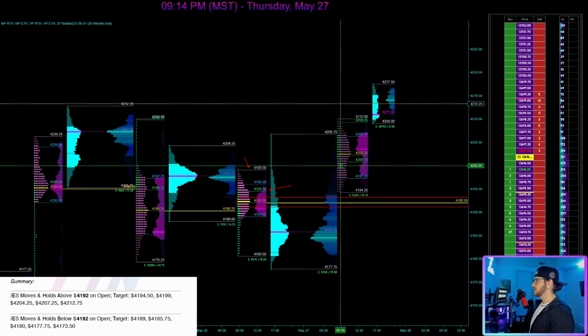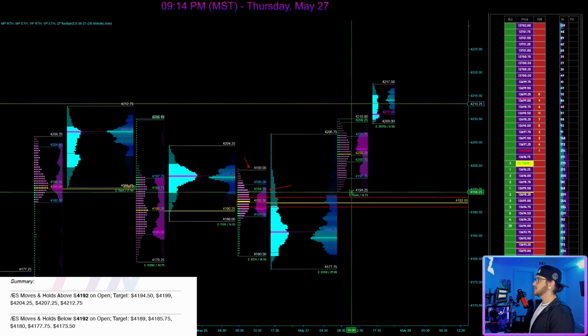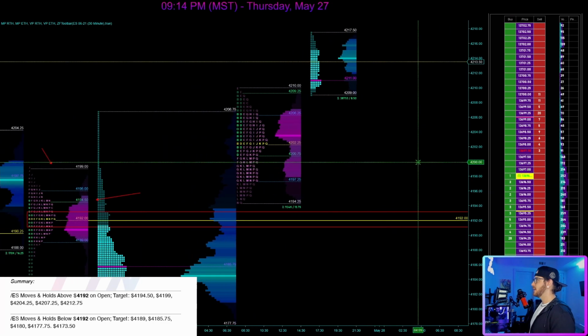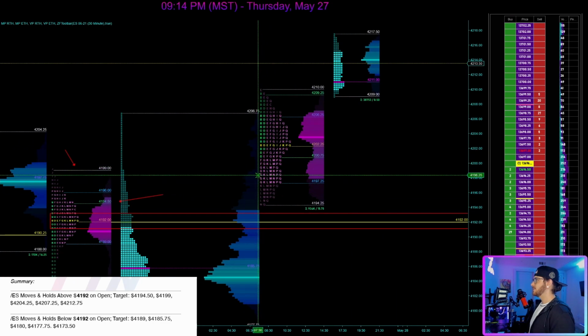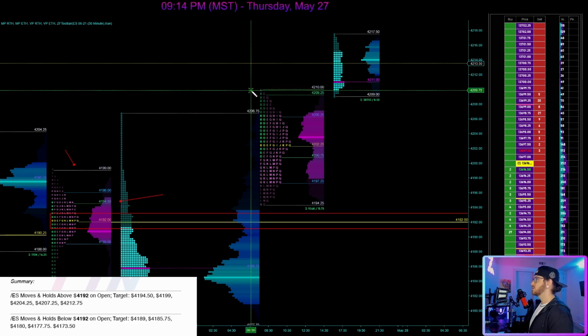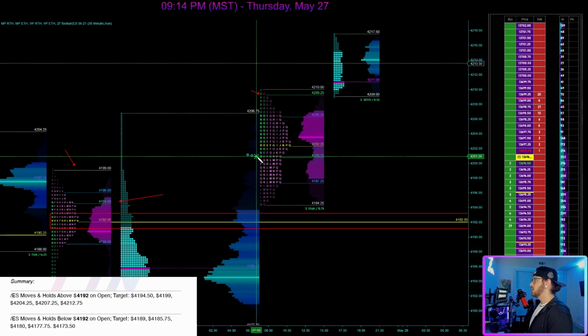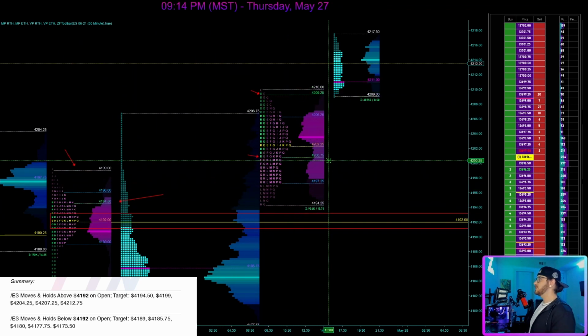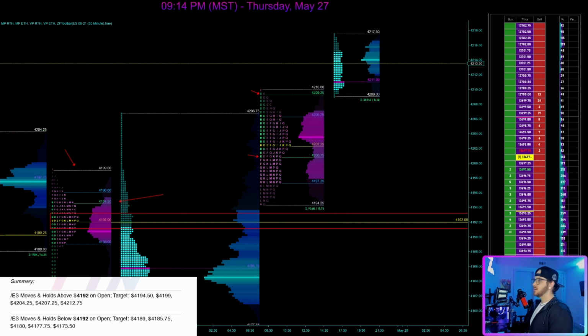So that was hit. Actually, neither of these, to be fair, were hit in the initial balance. If we zoom in here to the profile, you can see that these were not hit until after the initial balance, being the first hour of the New York session, which is notated by the green TPOs right here. So if you wanted to hit those downside targets, you were actually going to have to be quite patient. And it's interesting because you'll notice that these are upside targets to begin with, but because we opened up here, these two levels ended up being downside targets.